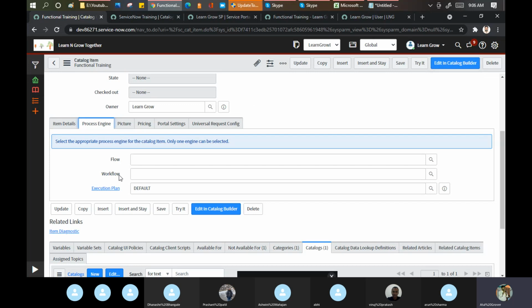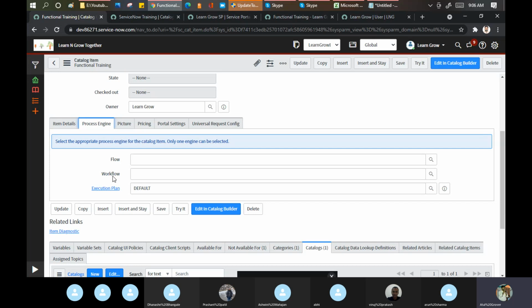Today we are going to be discussing the workflow. What do you mean by the workflow specifically? Workflow means it is a step-by-step execution of a record. Yesterday, if you noticed, when we created a request item for my iPad, it went to four different teams: stock changing, then procurement, then field service. From where are these things coming actually? These things are coming from the workflow.